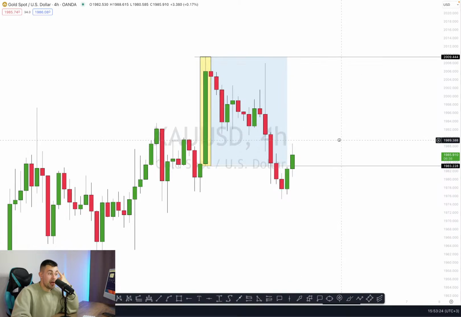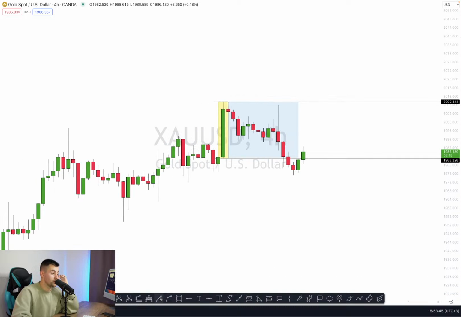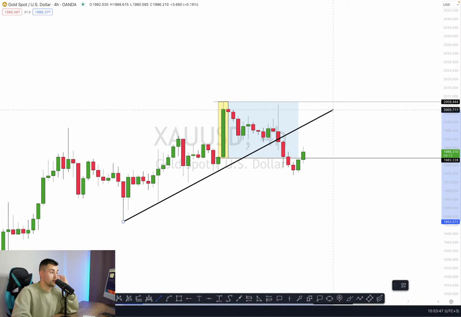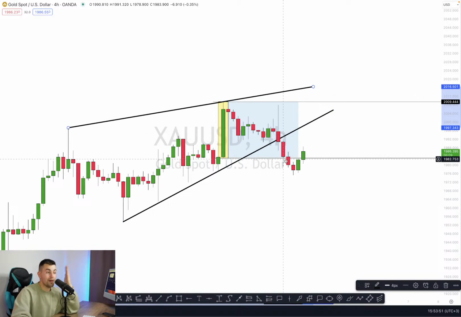And then take a look, traders. We have violated the support of the range of the mother bar. Yes, the lower boundary of the range of the mother bar was violated. And for us, traders, it is a very important bearish clue. And do not forget that earlier here on gold, we also spotted the breakout of the support of the wedge. So we have two very important bearish confirmations.